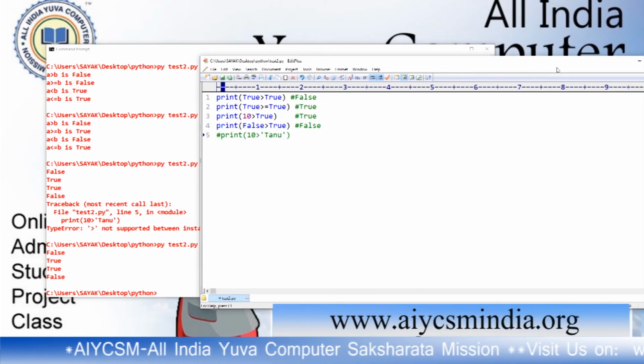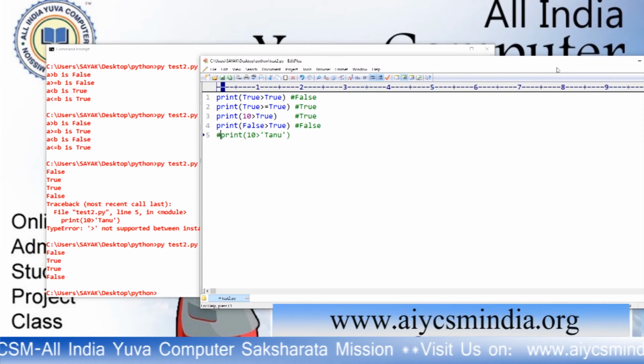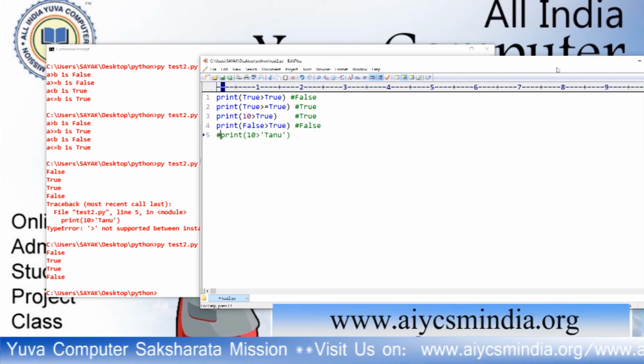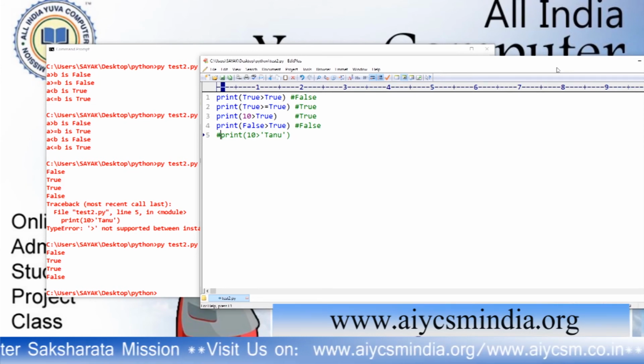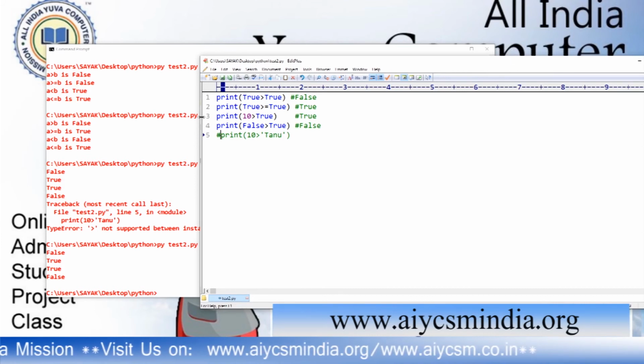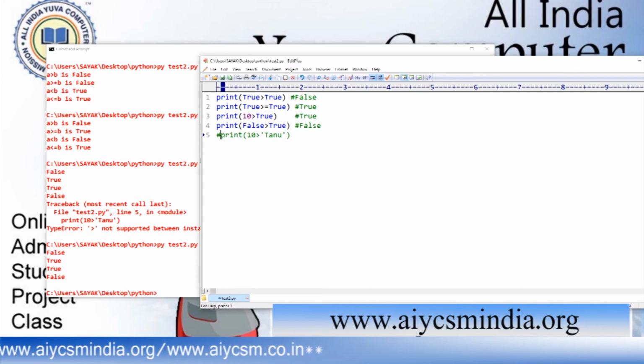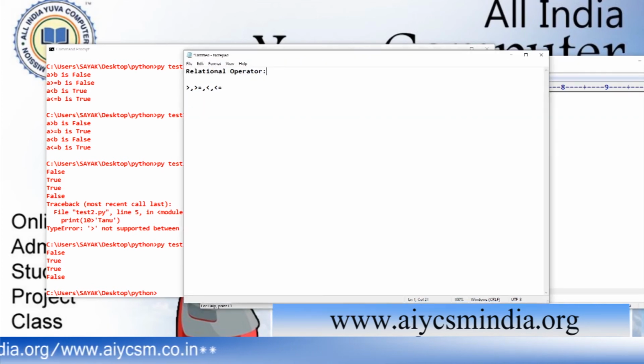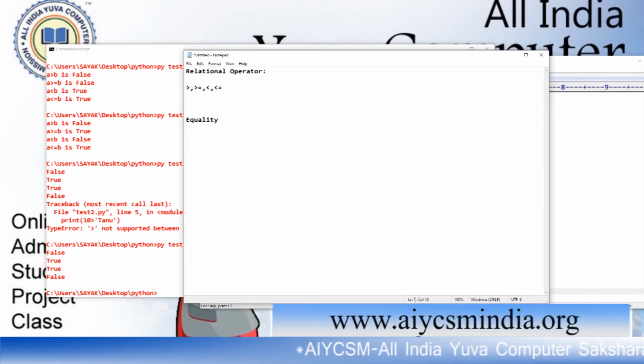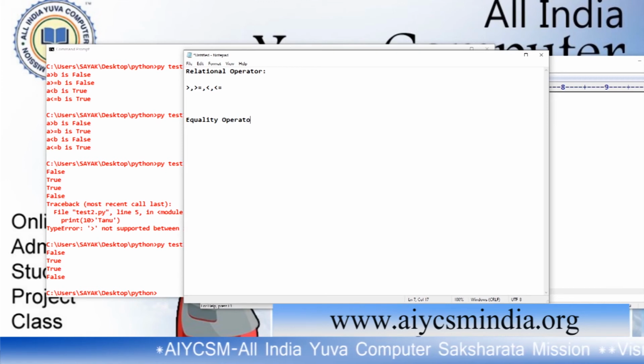These 4 operators are known as relational operators. Okay. Now we have to discuss another operator, which is known as the equality operator. I forgot to write that in earlier classes.